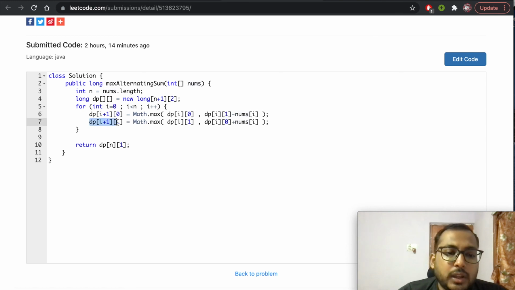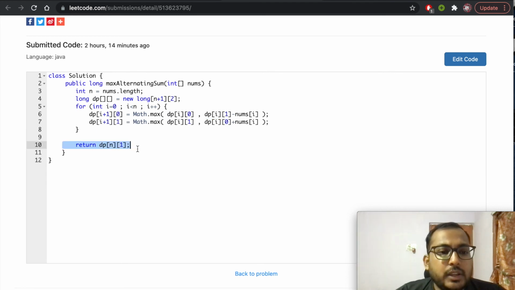Similarly for odd length, I either take the previous prefix that was maximum with odd length, or I take simply the previous prefix was maximum with even length and I add the current element. And finally I return dp of n cross 1, which is the maximum alternating sum of length n, which is odd. Why do I always return the odd length sum? Think about it and post it in the comments if you know the answer.